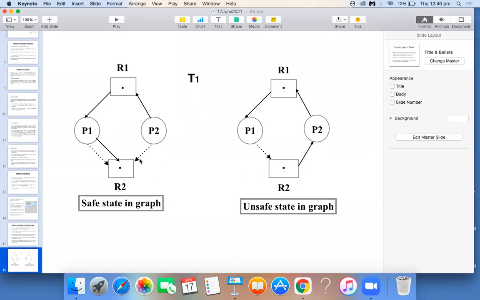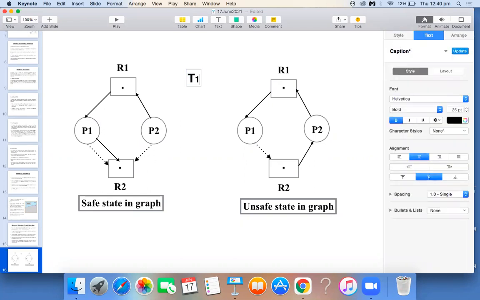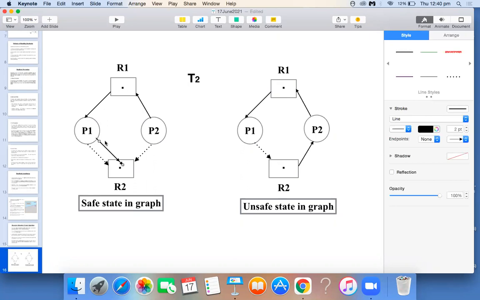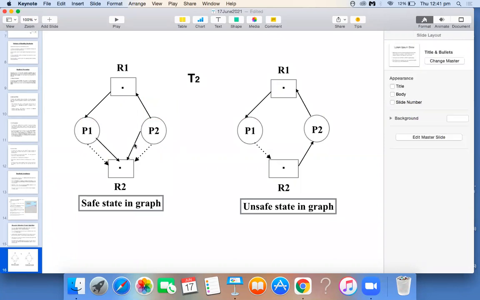Let us try for this one also. When time reaches T2, we have predicted that process P2 will also request the resource R2. We assume, we have predicted. I will just write this one also here just for the example purpose. This is when time reaches T2. So you can observe when time reaches T1, this claim edge is converted into a